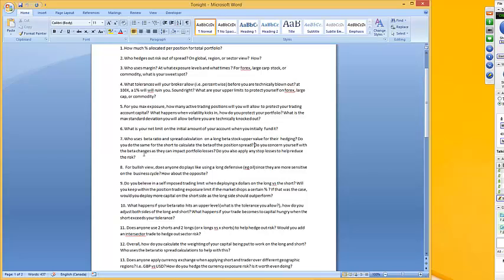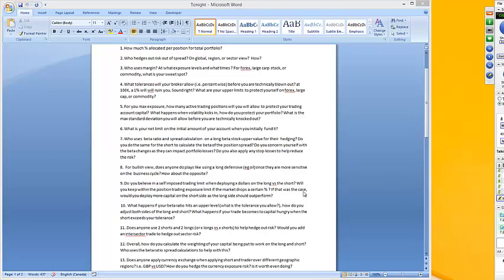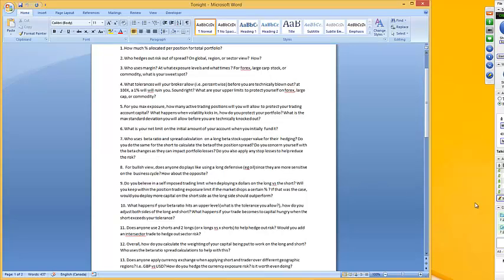Do you concern yourself with beta changes as they can impact portfolio losses? And do you also apply stop losses to help reduce the risk? Anybody at all? If I'm trading futures, I use stop losses. For options, I sometimes use them for selling credit spreads. I use them a bit. But it's better if you have a strategy where you don't have to use stop losses and you're still protected. That's the superior strategy, I feel.